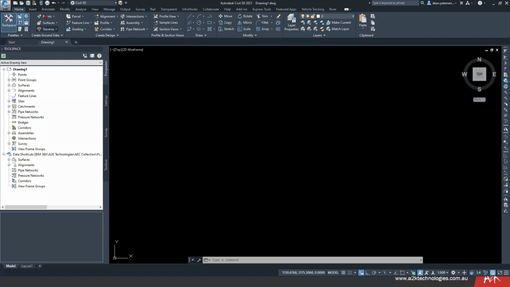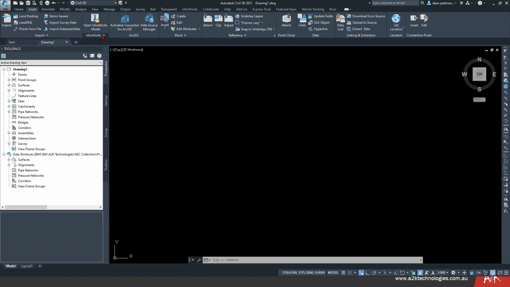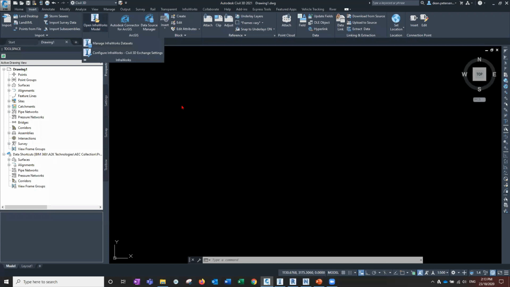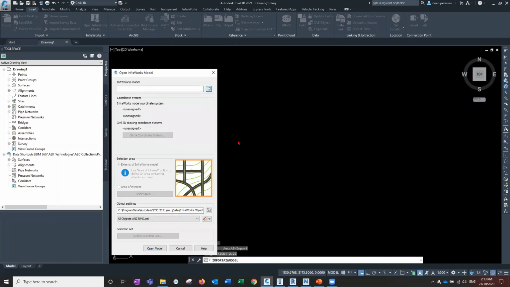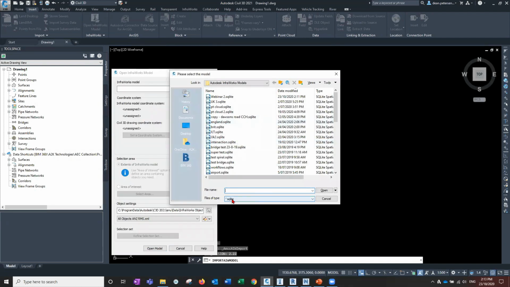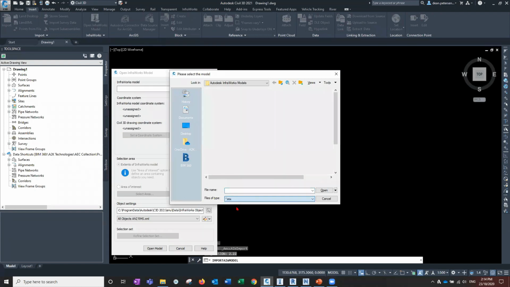So in Civil 3D, you've got the Insert tab in the ribbon, open an Infraworks model, and we can just go, sorry, you click on that icon for open an Infraworks model. And up here, you choose what you want to open. Now, it could be an SQLite if you're going to read these models directly. I've done the IMX export, so we just change the file type down the bottom to IMX. Navigate to where it is,